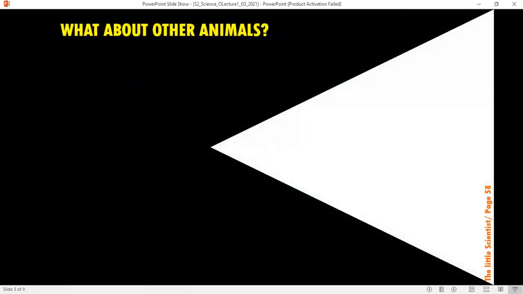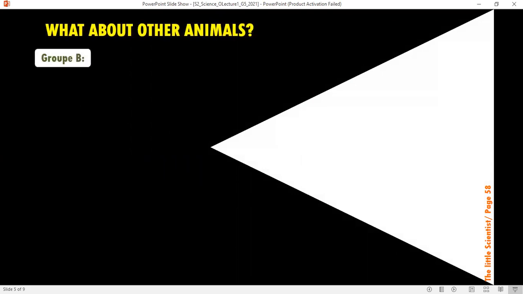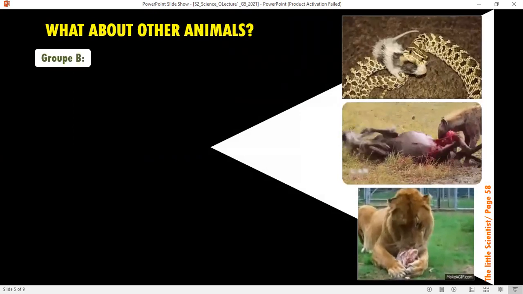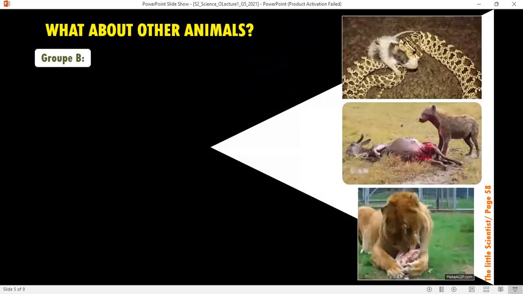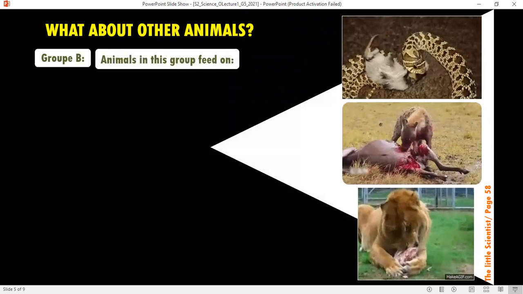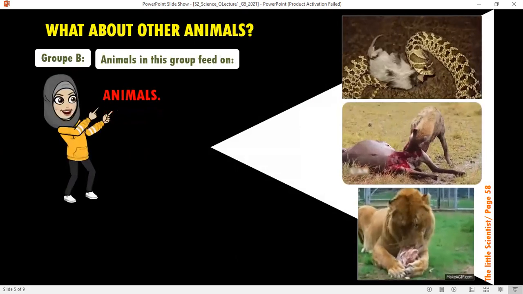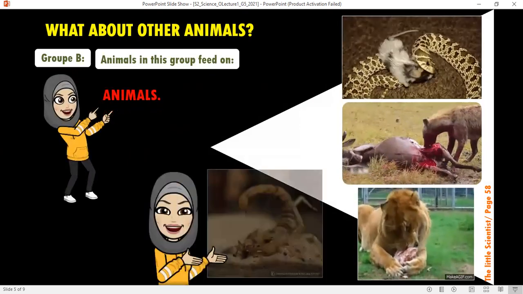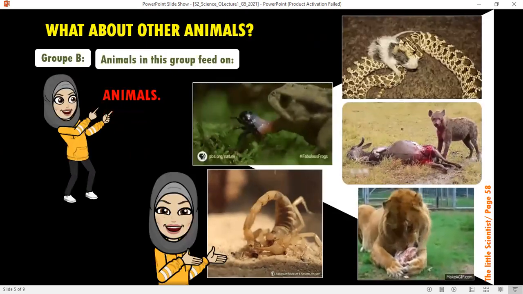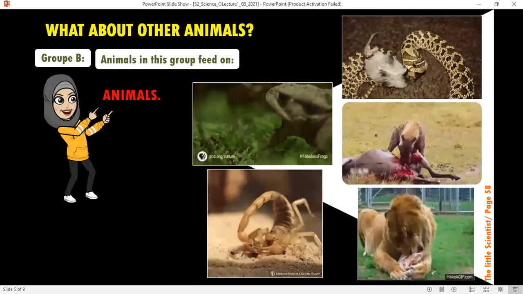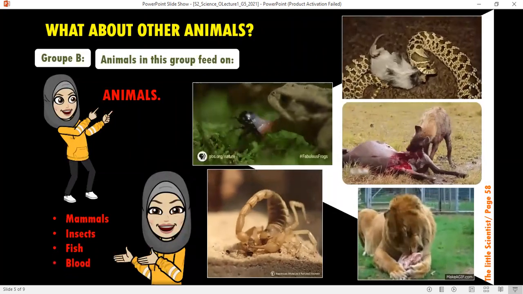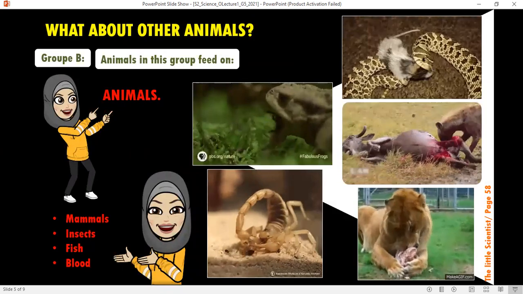What about the second group of animals? Here you go, some examples. A snake eating a rat or a mouse, the lion, the hyenas. The animals in this group are feeding mainly on other animals. Look at the scorpion also eating insects, the frog catching the insect. So animals that feed on other animals, on mammals or insects, on fish, also animals that feed on blood, such